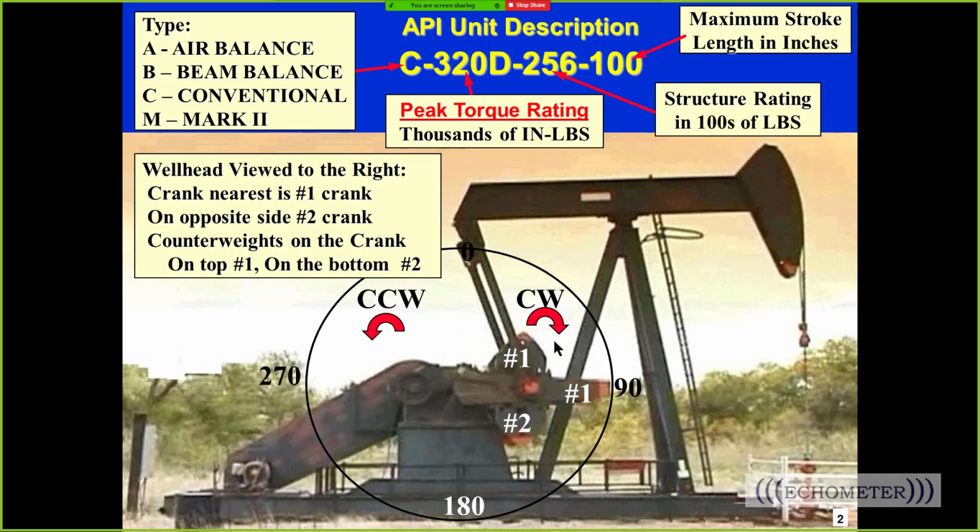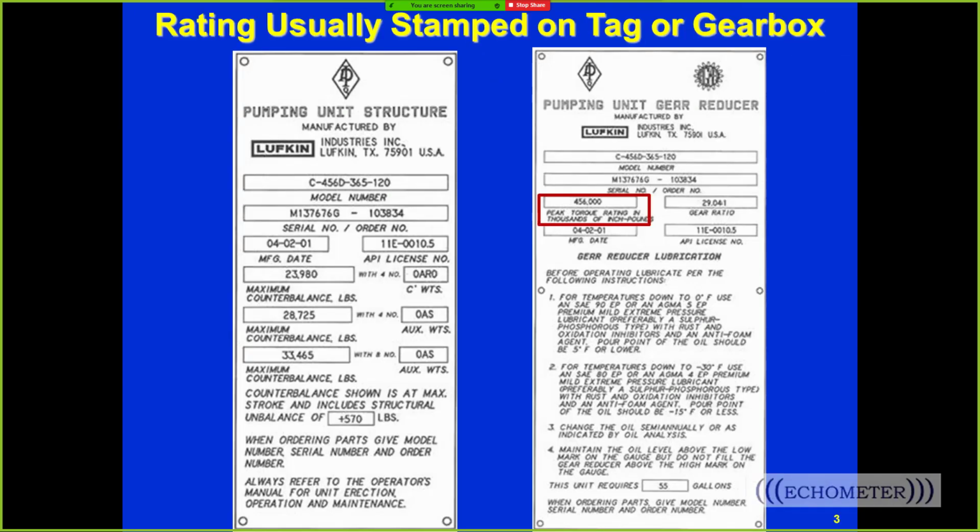The same thing on the far crank. 1's on top, 2's on bottom for crank number 2. So that's a pretty quick description of the pump unit, a name, and a little bit about identifying the weights. Now this is an example of a tag that would be on the pump unit leg, usually the